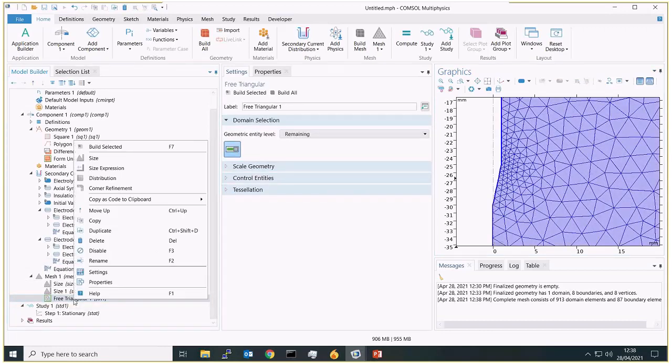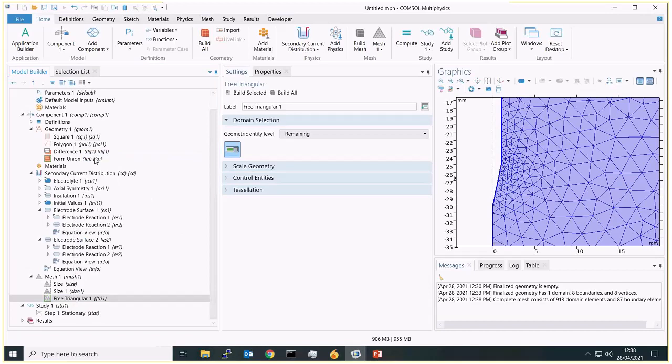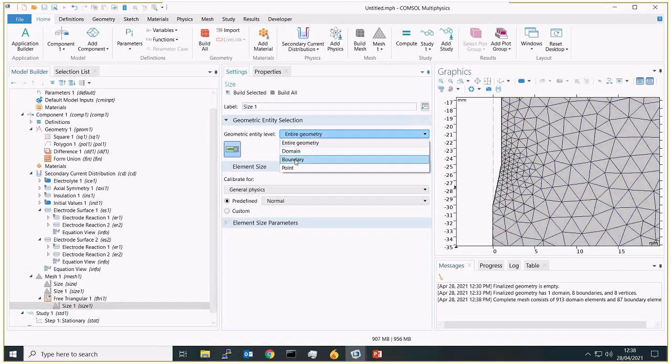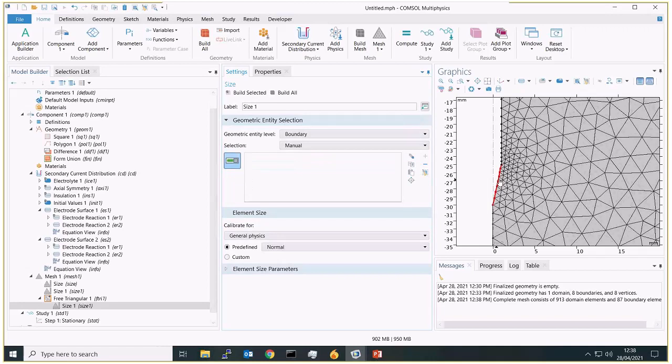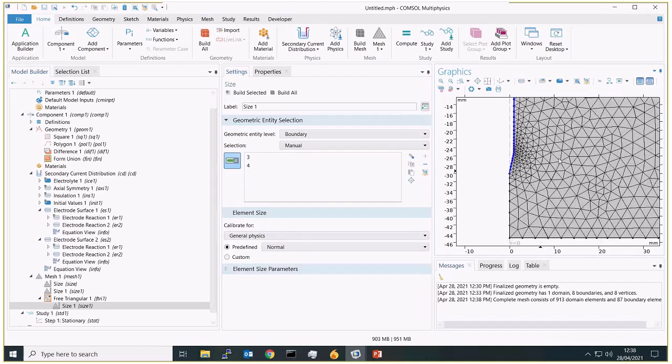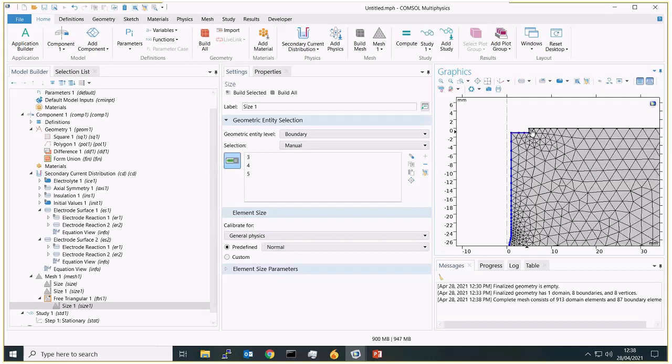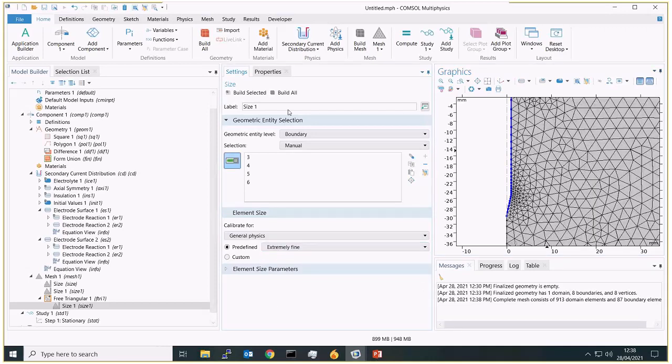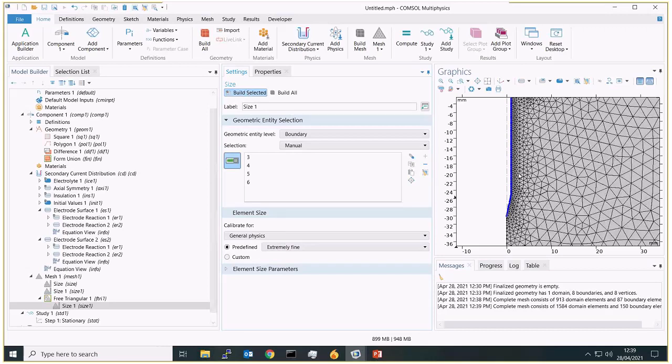To do this, we can define a size node and select our boundaries. If we select those boundaries there, I'll also select these ones. Let's set these to extremely fine, and then that makes our mesh around these boundaries a bit finer.